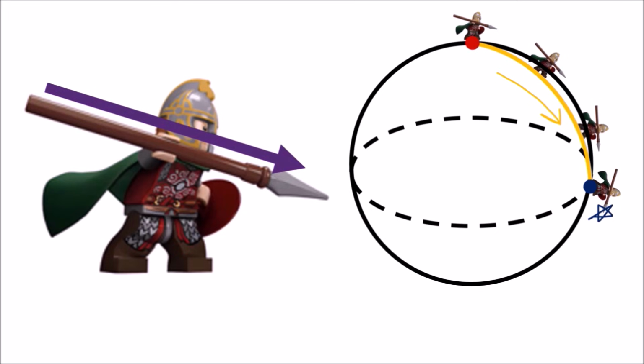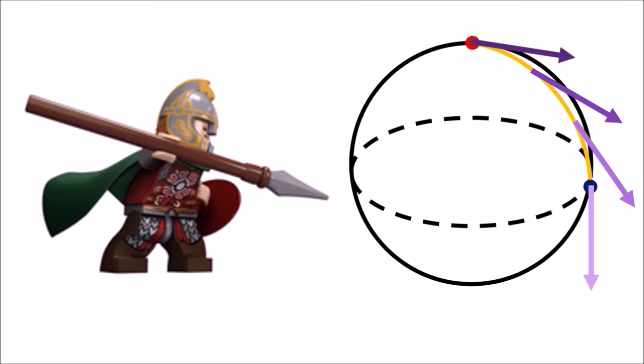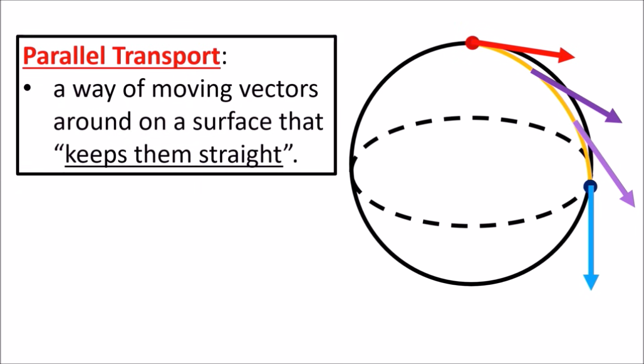So when we parallel transport a vector, we're just moving the vector along the path, keeping the vector as straight as possible. So using the parallel transport method for moving vectors around, we would say that this red vector and this blue vector are sort of like the same vector from the point of view of a person that traveled along this path. Now, unfortunately, there is a problem with the idea of parallel transporting a vector around on a